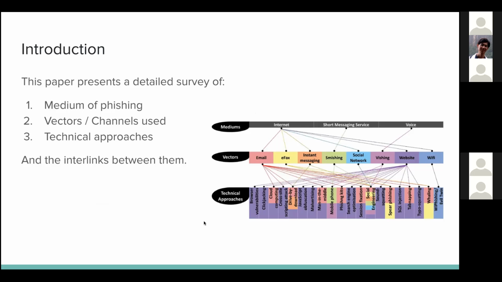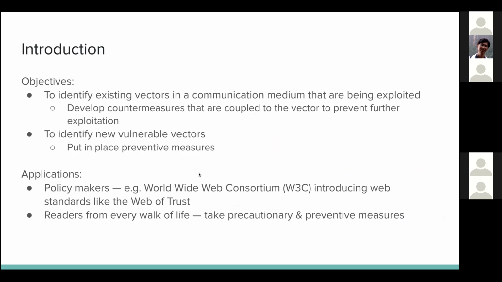The areas that this, okay, from a high level perspective, this paper does a survey of all the existing research on phishing attacks, as well as a little bit of anti-phishing efforts, and then it summarizes it and categorizes it into these approaches. So the objective of doing this study is to identify